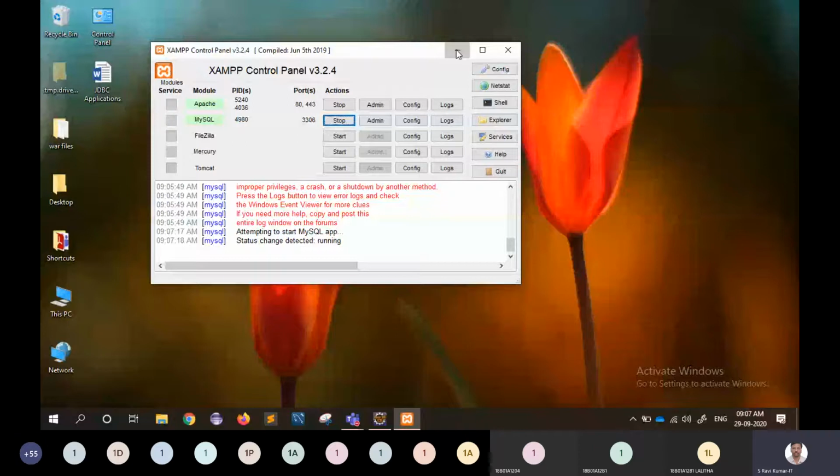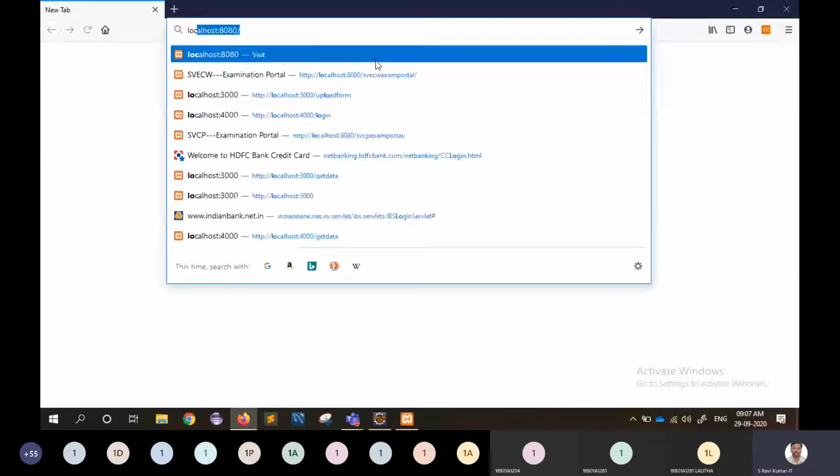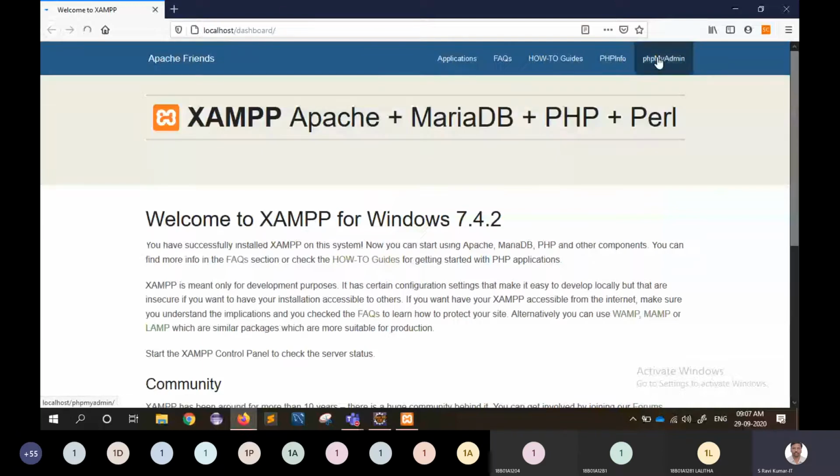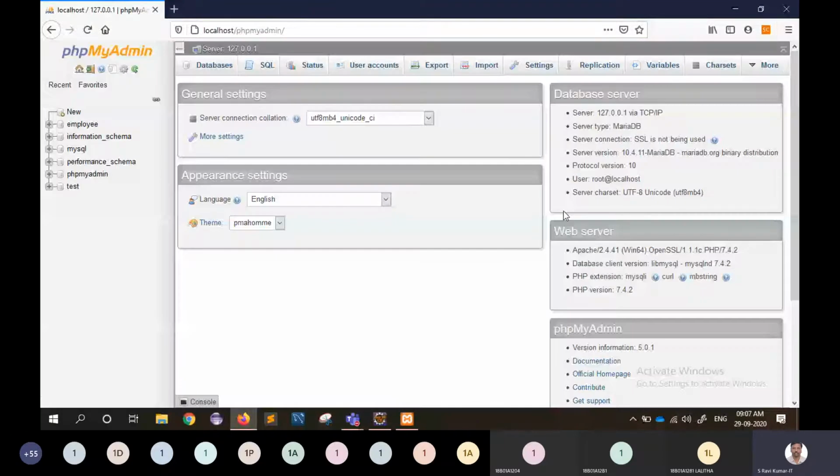Okay, now we are going to MySQL database. So going to localhost, phpMyAdmin.